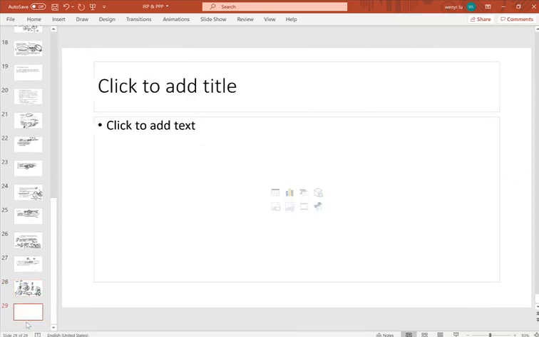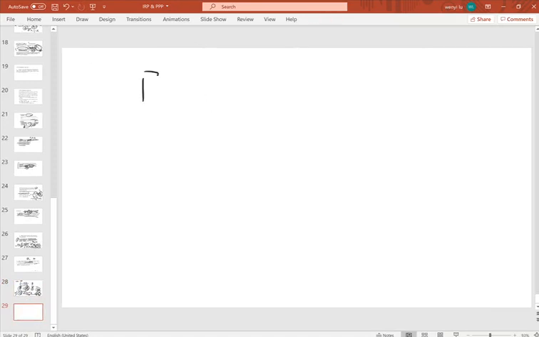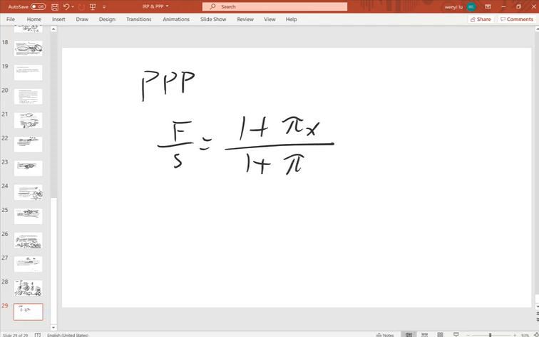Right, the next one is forward purchasing power parity, PPP. It's very similar to our interest rate parity. We have the forward rate over spot rate equal to what? Equal to 1 plus the inflation rate in X country over 1 plus the inflation rate in Y country. So the pi means what? The pi is the inflation,